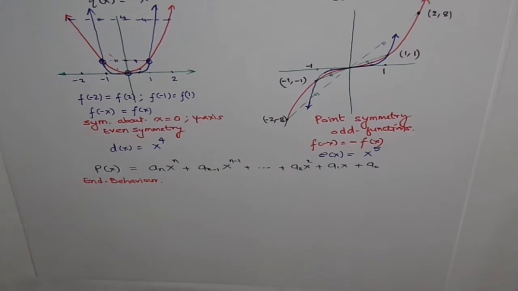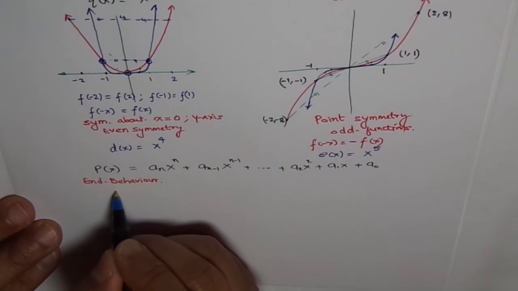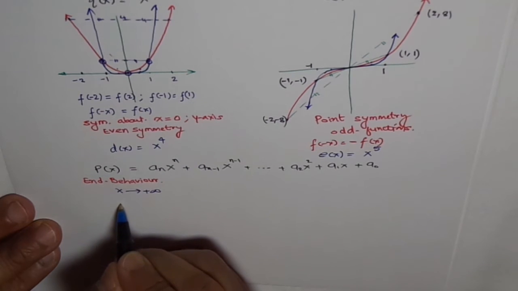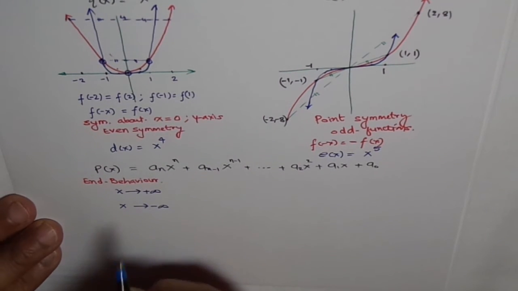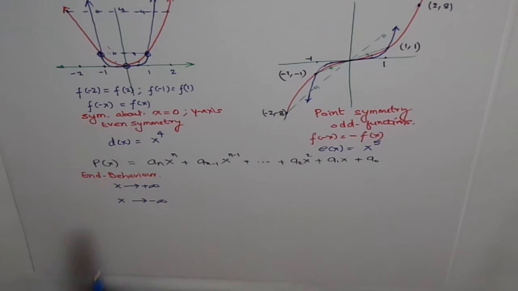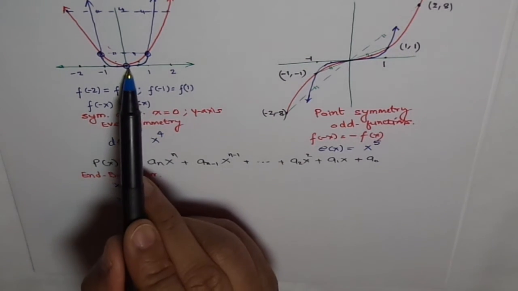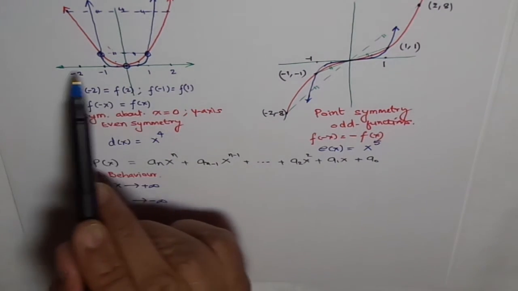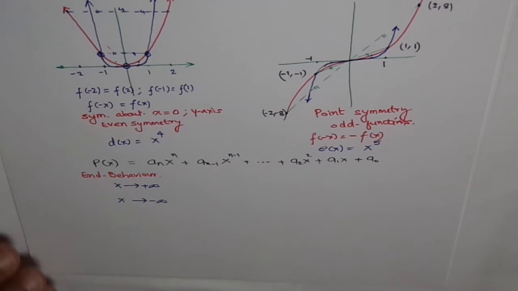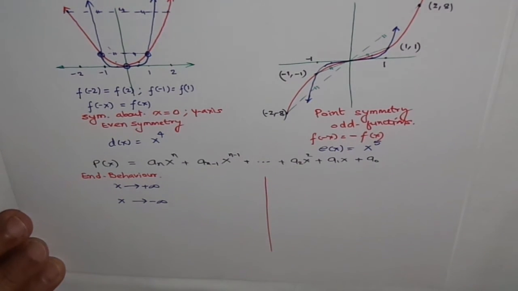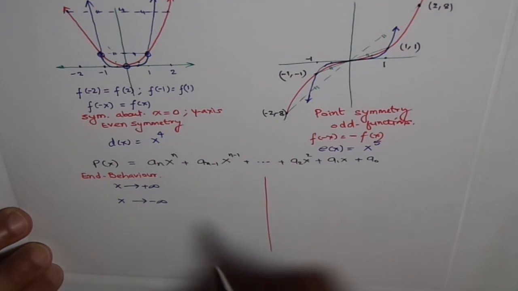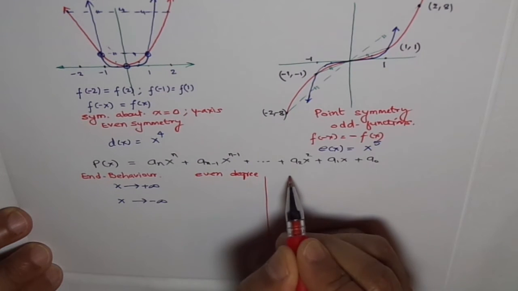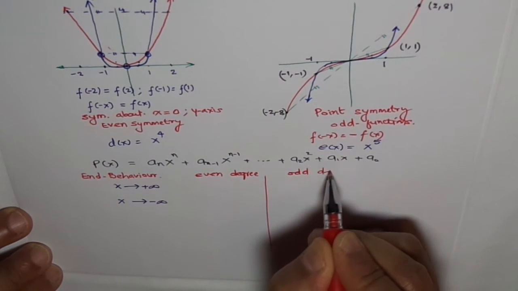What is end behavior? What happens when x approaches positive infinity, or what happens when x approaches negative infinity? That's end behavior. When we say x approaches positive infinity, that means very large positive value. Approaches negative infinity, very large negative value, right? So let's just see both end behaviors for even and odd functions, okay? This is even degree, okay? And this is odd degree,